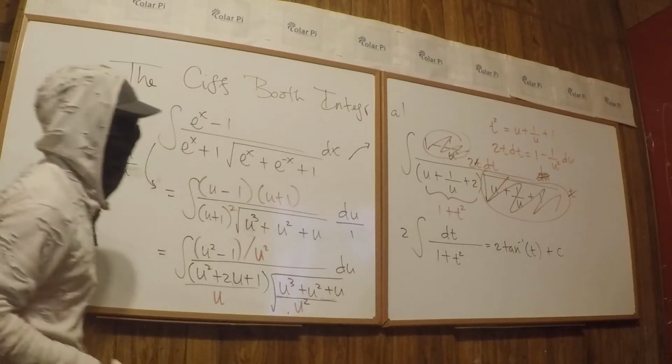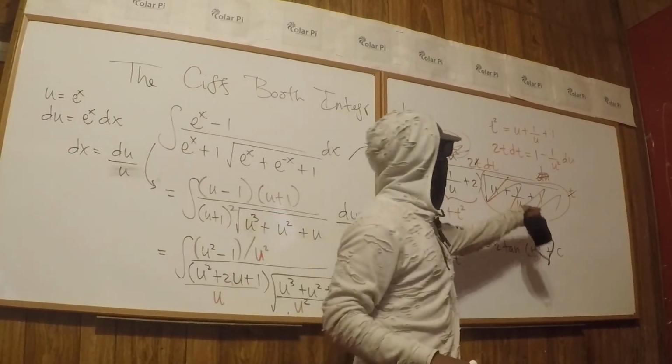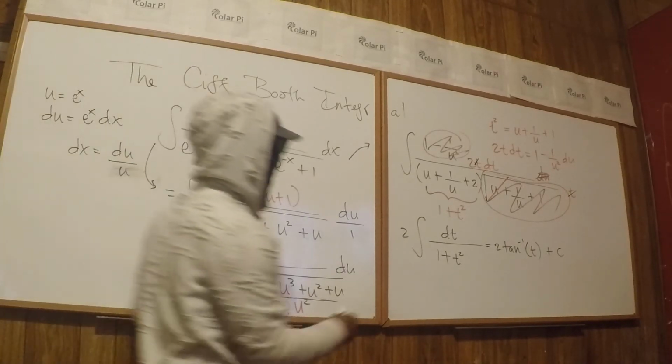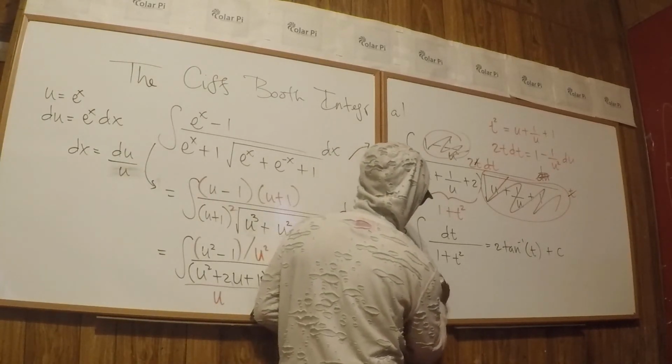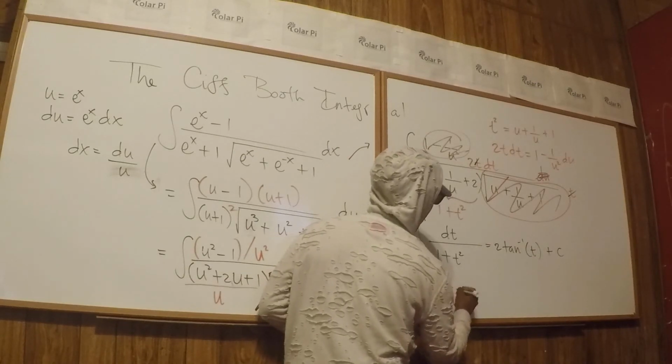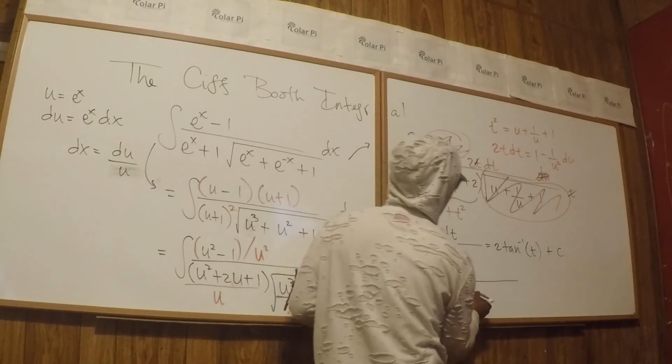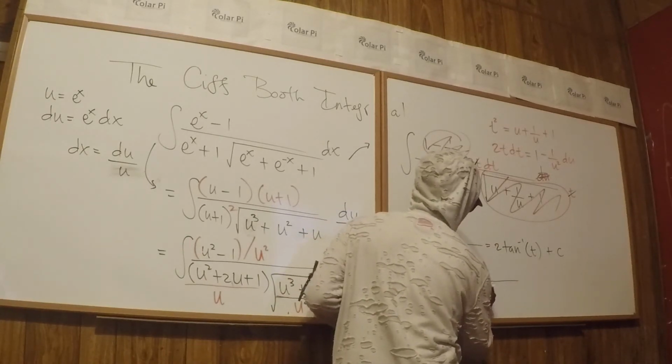But wait, what was t? t was the square root quantity, but in it is some u. And u is e to the x. So our final answer is going to say 2 tan inverse of the square root of e to the x, right? And then